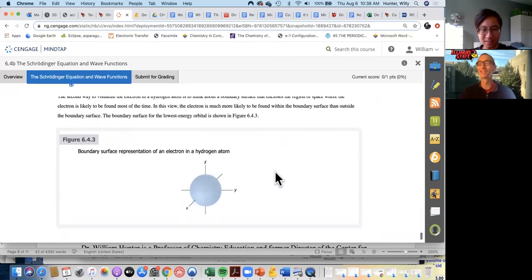Here's something that looks a little more familiar to us. It's this sphere of the 1s orbital for the hydrogen atom. And what does that tell us? Well, this tells us, hey, it looks like the electron in the hydrogen is in this spherical shape. But the thing that we may have just learned, if I go back up,